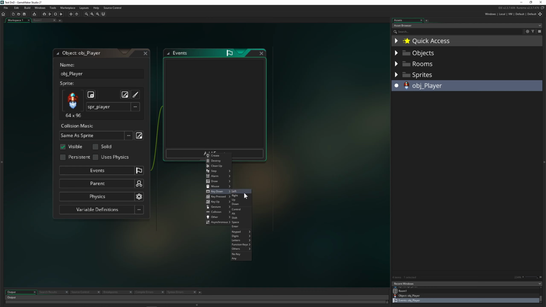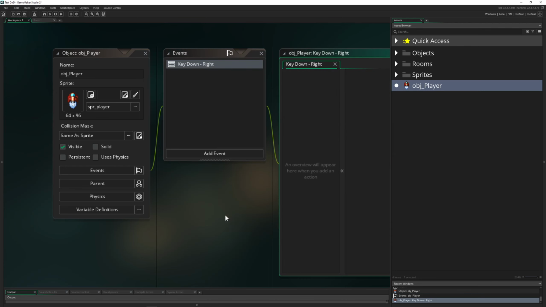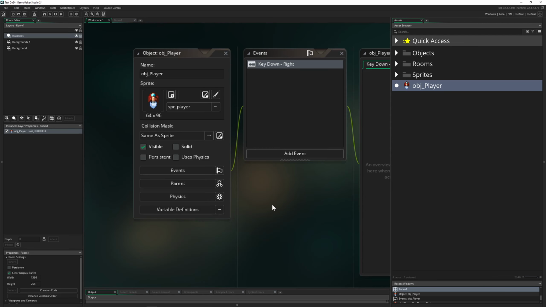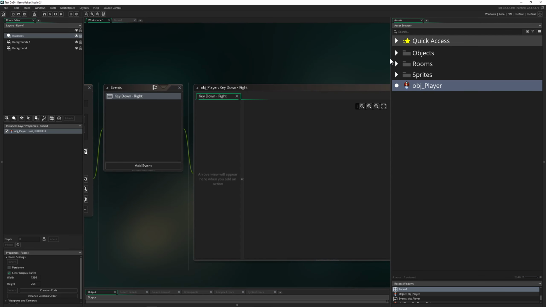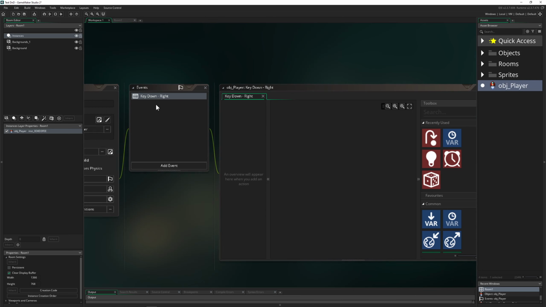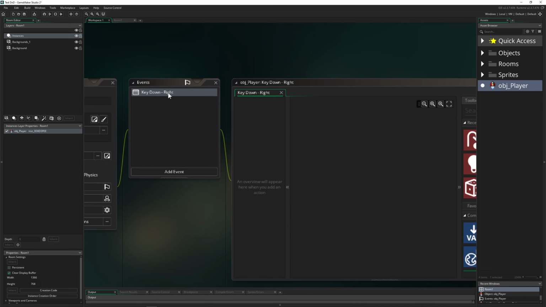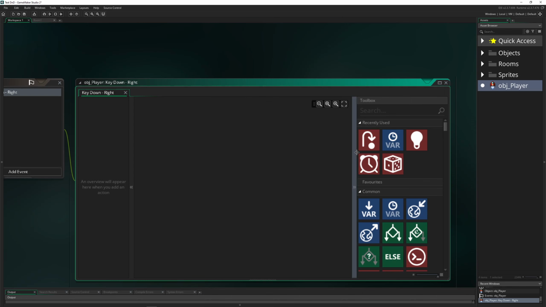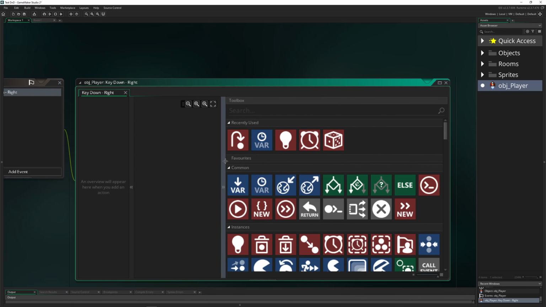So let's go, for example, for left, and this would be then your keyboard left key. Or let's go, for example, for the right, and then we want our player to move here and then constantly move, for example, when we are pressing the right keyboard key, to go to right. And for that, first of all, we need to say like, hey, are we pressing our right key on our keyboard? Great. Then we say jump to point, and then, for example, you could find it under movement,